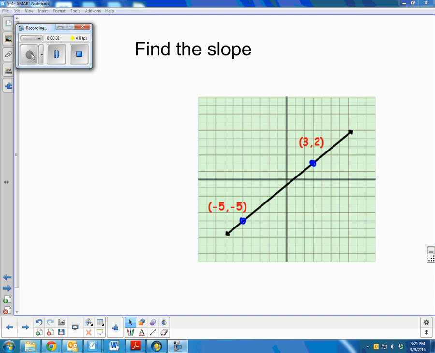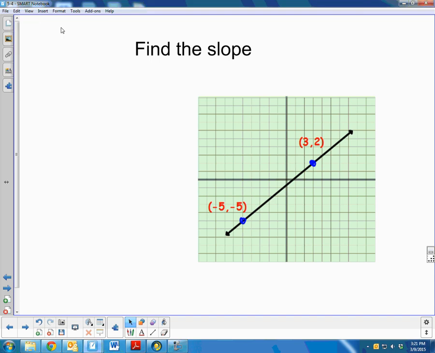All right, we're going to continue building here. We're building up towards something called slope-intercept form. We've talked about slope. We've talked about finding the x and y intercepts. Now we're going to use some of this information to help us. We're not quite to that point where we can write some equations in slope-intercept form, but we're going to start combining some